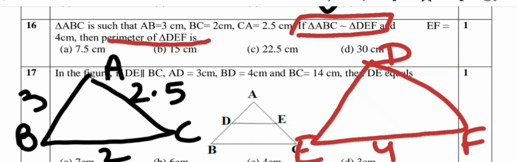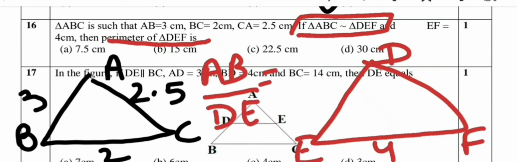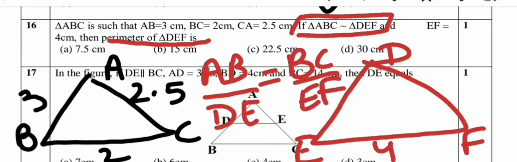To find its perimeter, first of all, we should know all its sides. We are given one thing in the question, that the two triangles are similar. If the two triangles are similar, we know that their corresponding sides are proportional. It means the ratio of this and this side and this side will be the same. So let us use this concept to find the unknown sides. So we can say AB upon DE, we will take DE from this triangle, equals to BC upon EF.